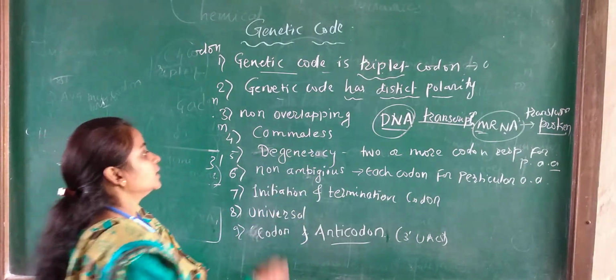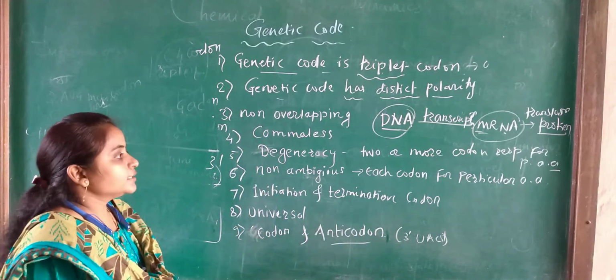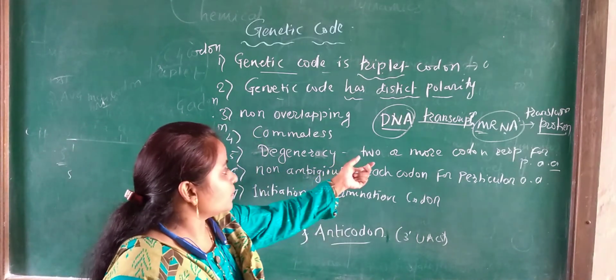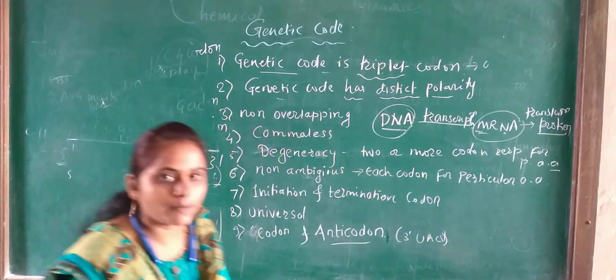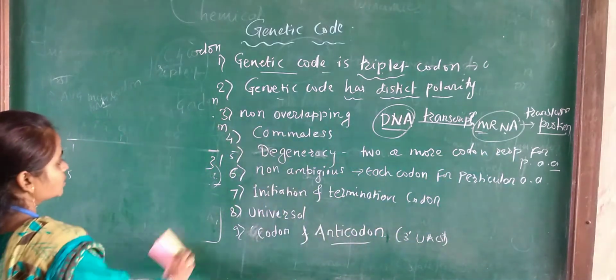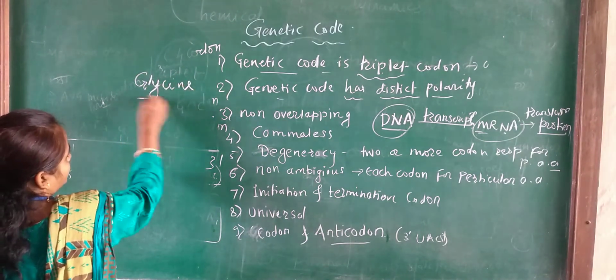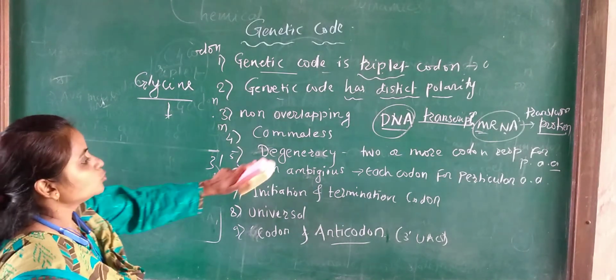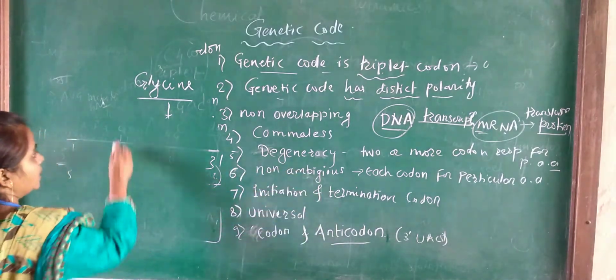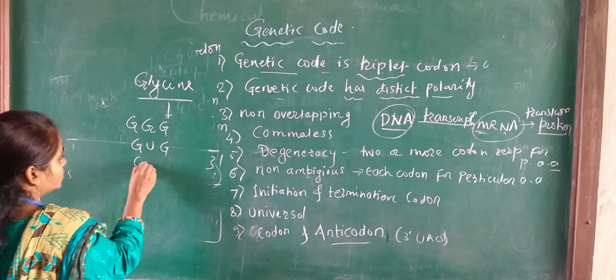After that, it has degeneracy. Degeneracy means that for a particular amino acid, two or more codons are responsible. For example, glycine. This glycine is one of the amino acids, and for this amino acid two or more codons are responsible. For example, triple G, GUG or G